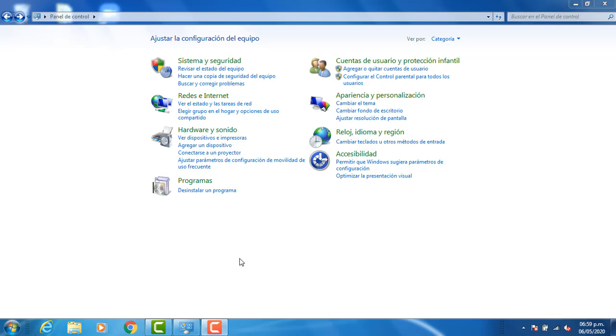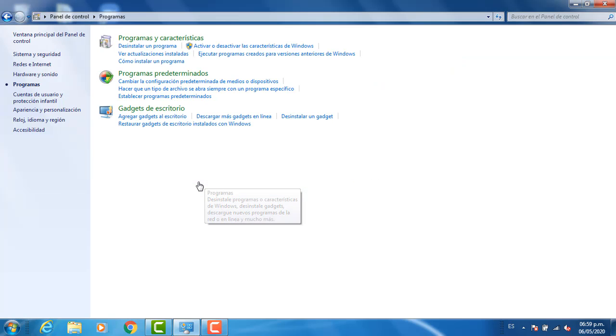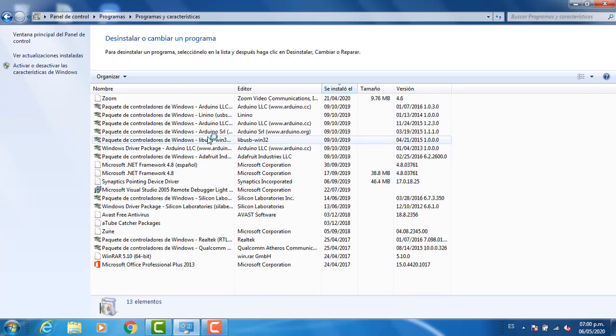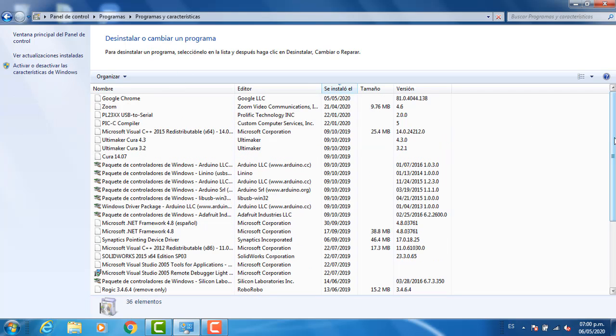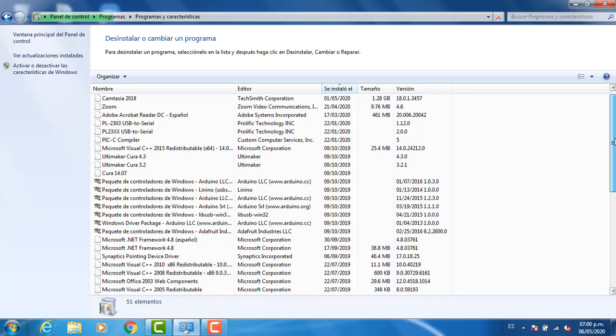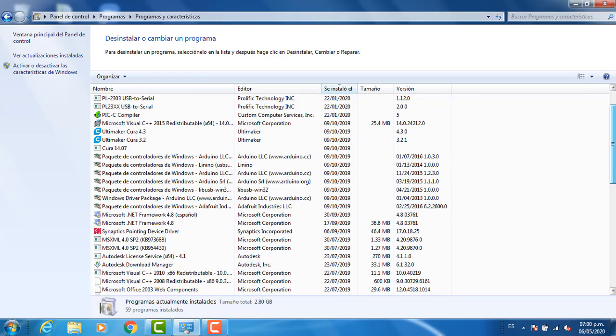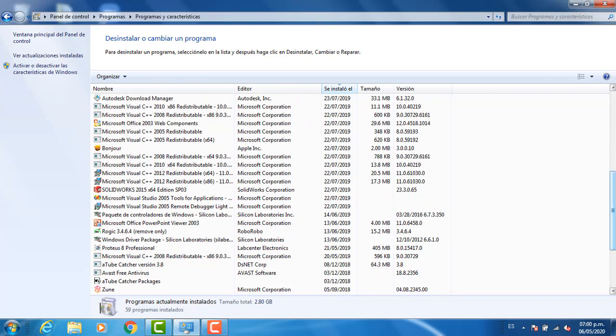The last option of the control panel is Programs. Here we can access and check all the programs that are installed in our computer. In this case, Google Chrome, Camtasia, Zoom, Adobe, programming software, 3D printing software, some packages of updates, designs, SolidWorks,